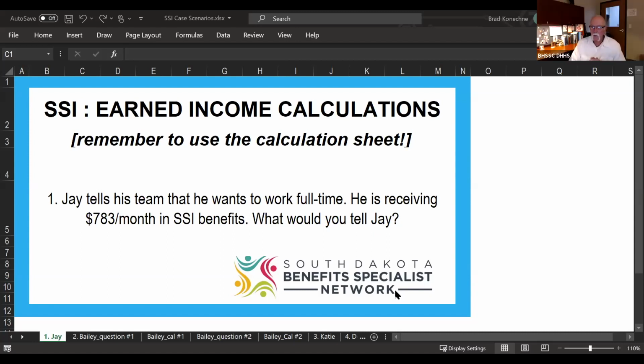Okay, so we're going to go through some brief case scenarios to show these examples that we've been talking about in real life. So in the first one, Jay tells his team that he wants to work full-time. He's receiving $783 a month in SSI benefits. What would you tell Jay? Now this is the sing-along part where everybody joins in. If I could sing, I would do it, but